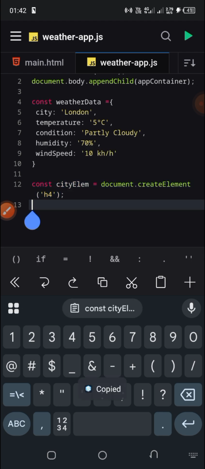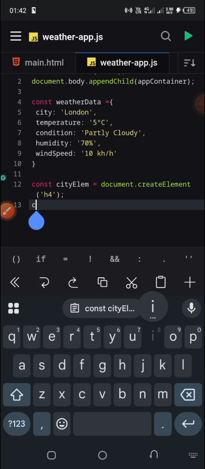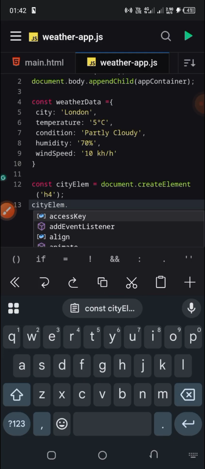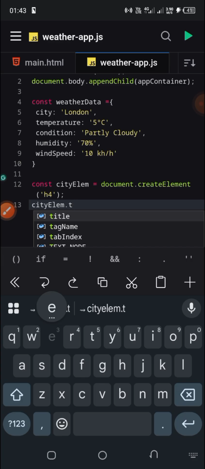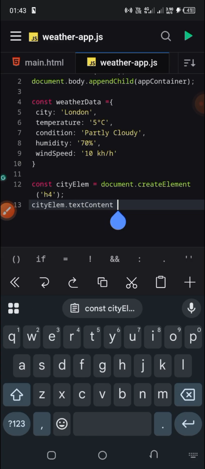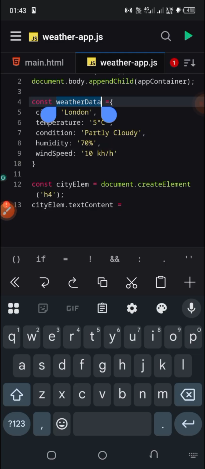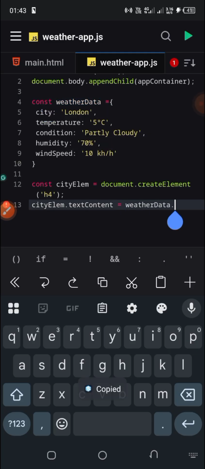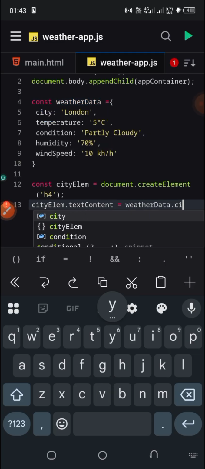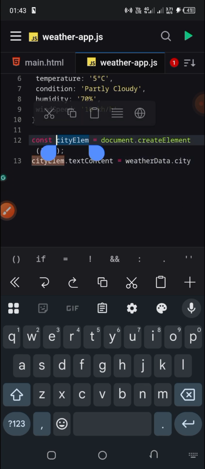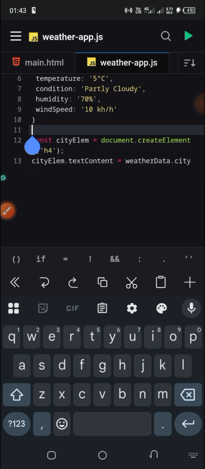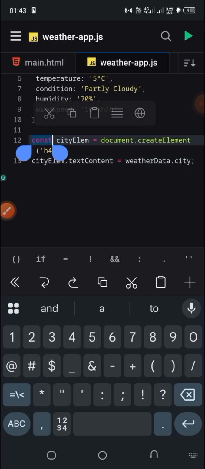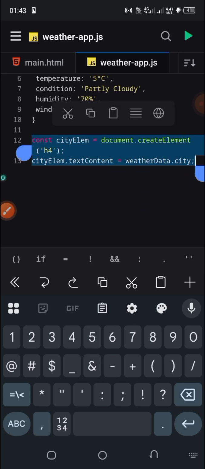Since we have this city element, we are just going to say cityElem dot text content, and that is going to be this weatherData dot city. Now let's copy it. Before that, let me close this. I like closing this. So let's copy this,